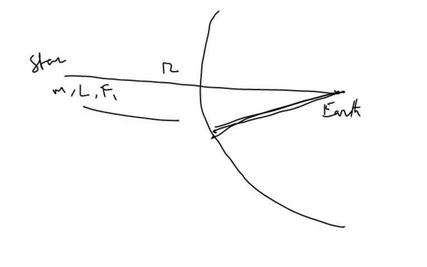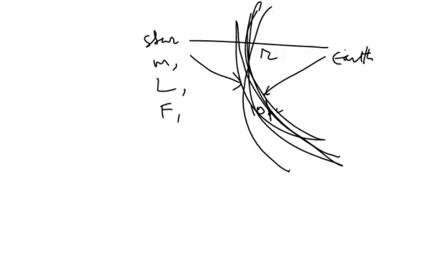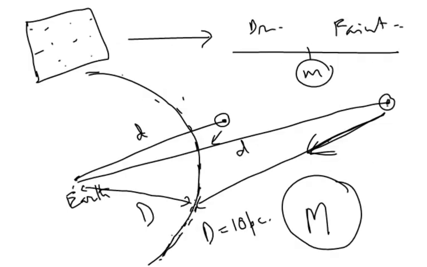Now if we move this star from this distance r to a distance of 10 parsecs, in this case what will we have for this star? We will have absolute magnitude M. Of course the luminosity will not change, but the radiant flux will change, F2. So using the previous equation which we have written before, I think, where was it? Just a second.